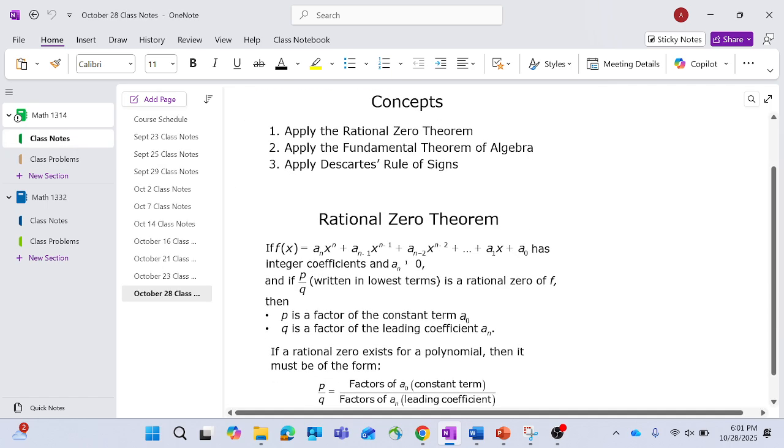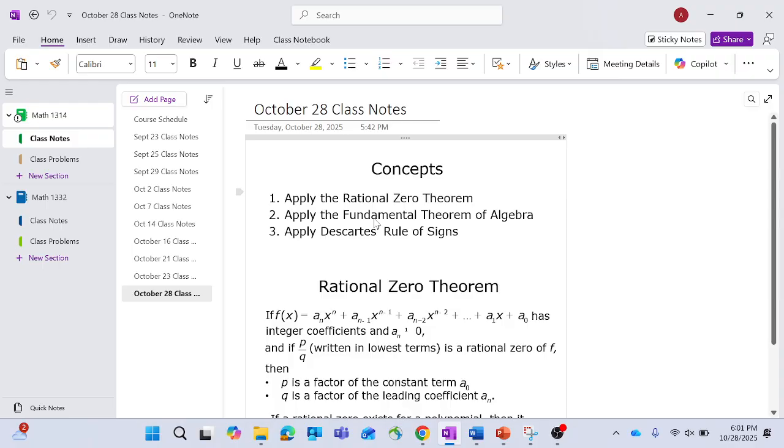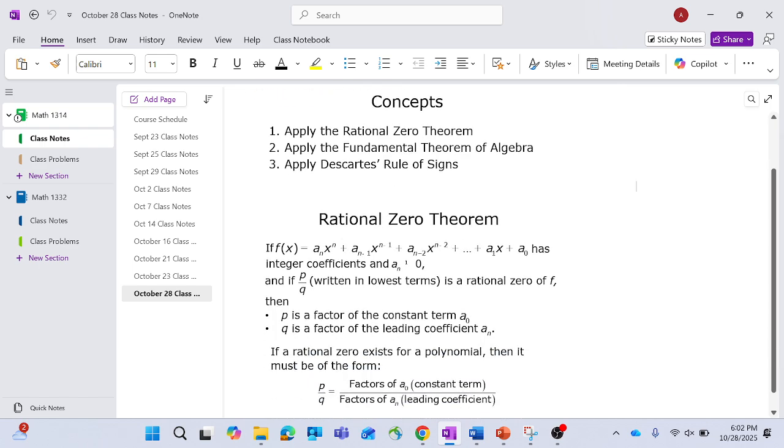We are starting 3.4. These are the three concepts you need to know. We're going to apply the rational zero theorem, apply the fundamental theorem of algebra, and apply Descartes' rule of signs. So go ahead and write those concepts down or take a picture, whatever you like, and then copy down these